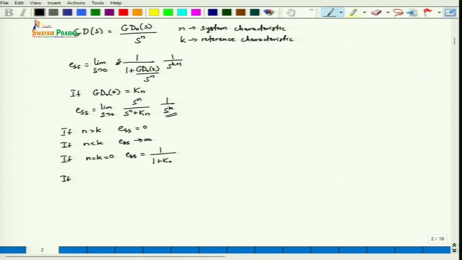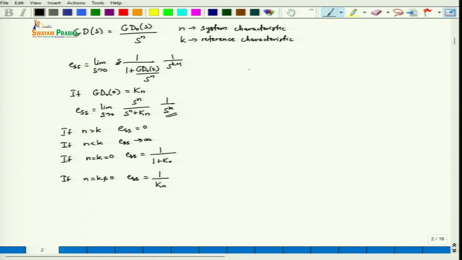And if n is equal to k and they are both not equal to 0, then in that scenario what we will get is 1 divided by kn, where k0, kn are error constants. So based on this, we can formulate